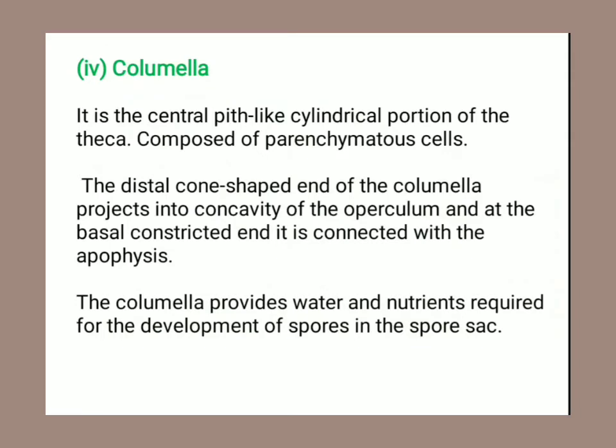Columella is the central pith-like cylindrical portion of the theca, composed of parenchymatous cells, and the distal end of the columella projects into the concavity of the operculum. At the basal constricted end, it is connected with the apophysis, and the columella provides the water and nutrition